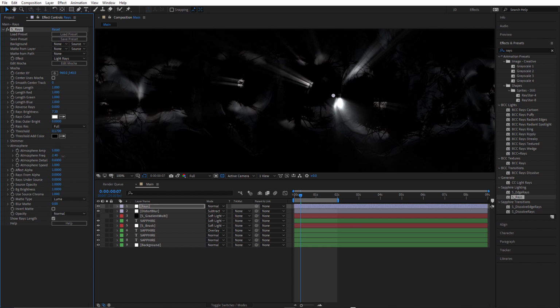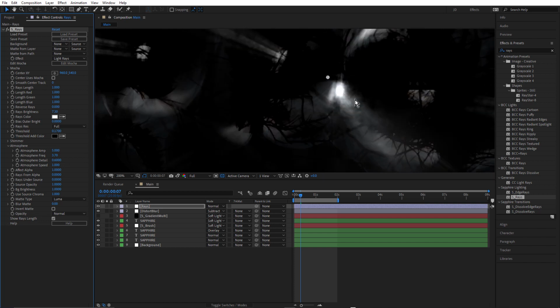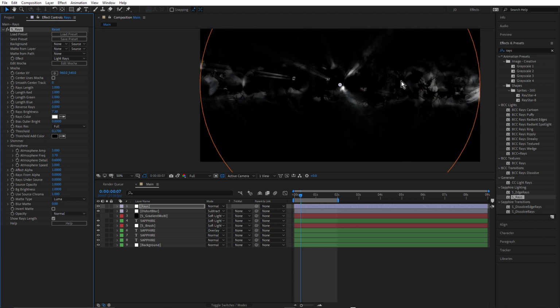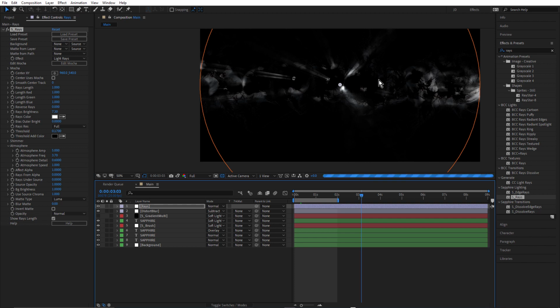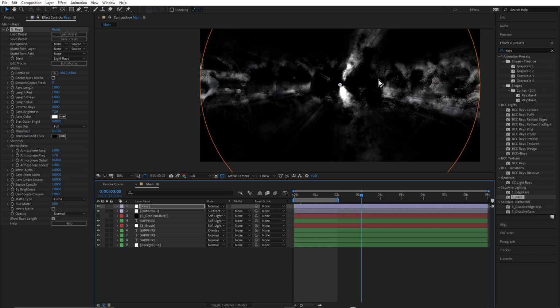And maybe just increase the frequency. Nice. Now we're getting that sort of smokiness through there. Just move the time indicator and see how that looks a little further down. Maybe a little too much smokiness now. Bring that back to 2.